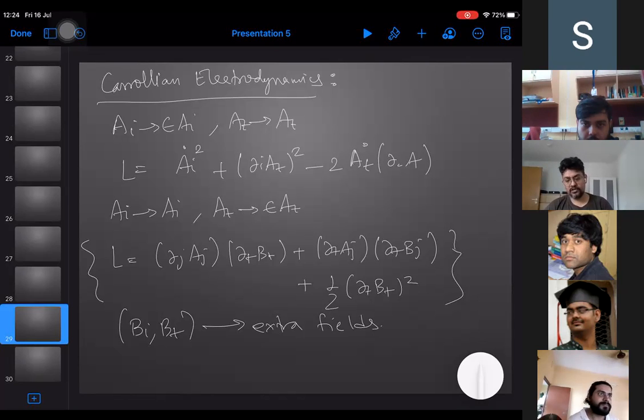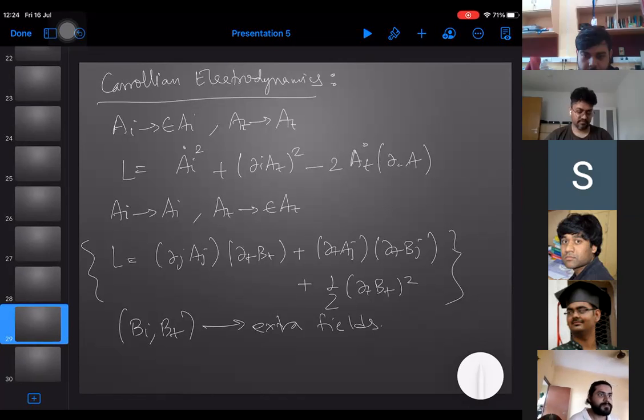That is our main goal, because right now everything I have talked about is at the classical level. So now we have the Lagrangian, we can quantize these theories and then try to find the scattering amplitudes and everything. That is our next goal, to do it for these theories. So this is one way to go there and try to see what you have from the field theory side.